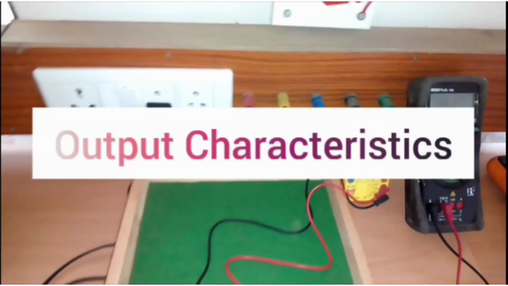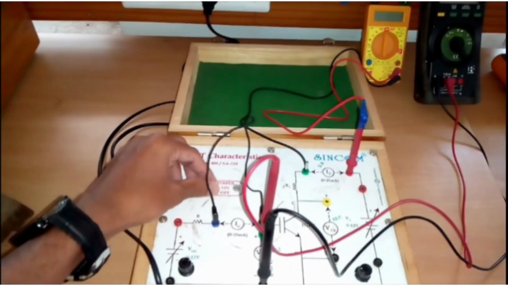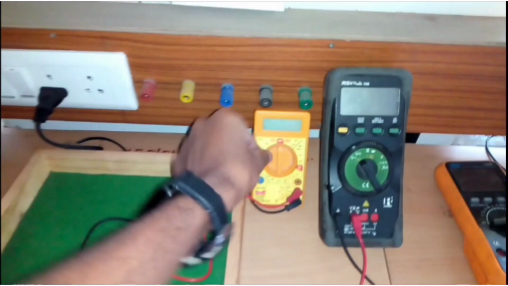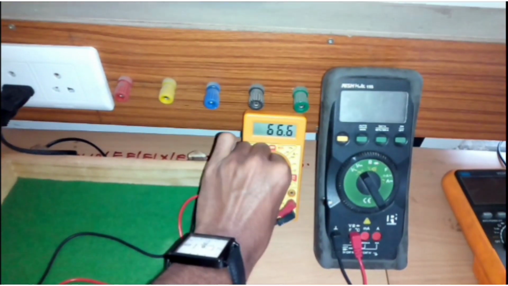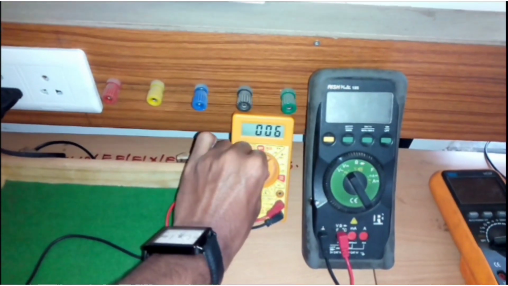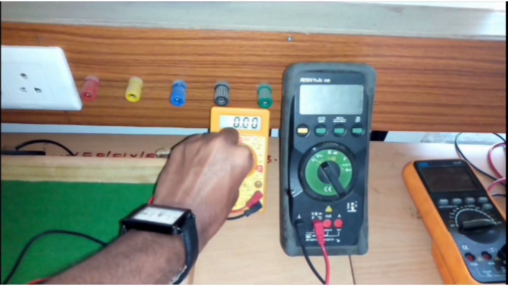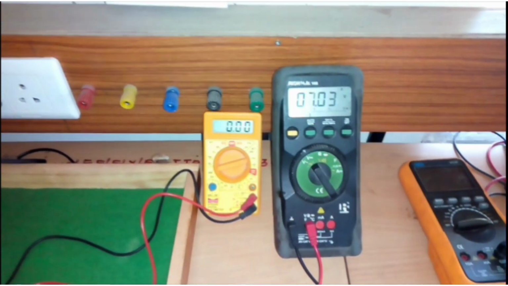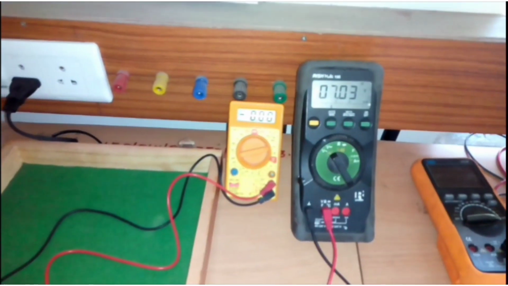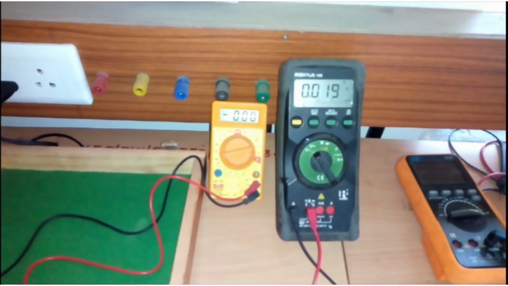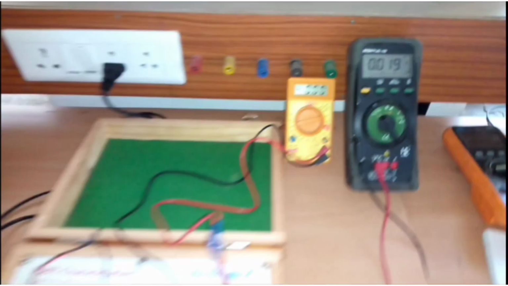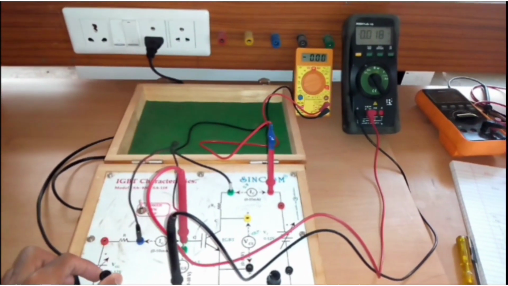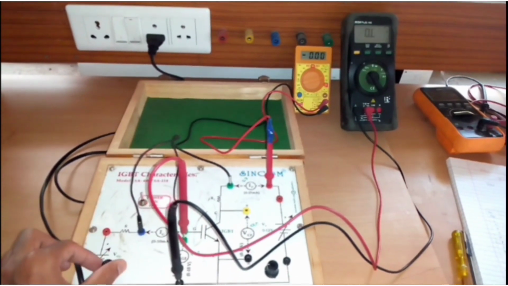Now we are going to perform output characteristics. Firstly switch on the power supply and kit supply. Then set VGE voltage or gate voltage at 4 volt, below the threshold voltage. Select the multimeter knobs at milliampere for measuring IC, and a multimeter for measuring voltage across VGE and VCE. Place the probe across VGE, increase the VGE voltage and fix it at 4 volt.